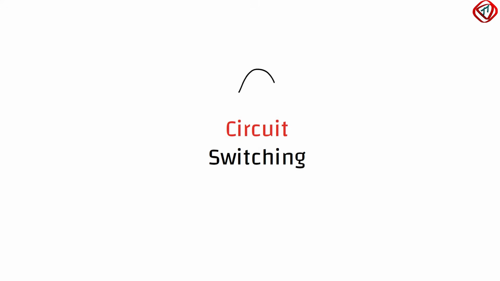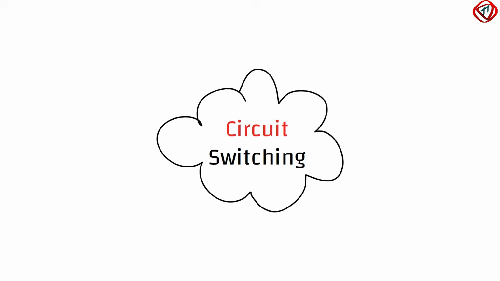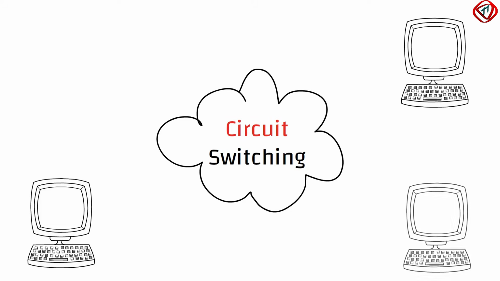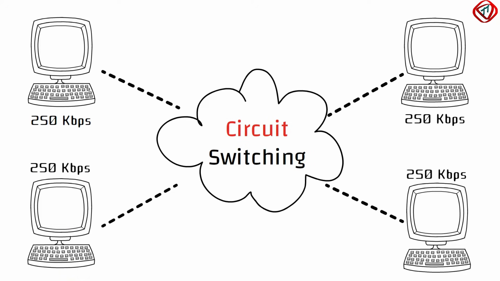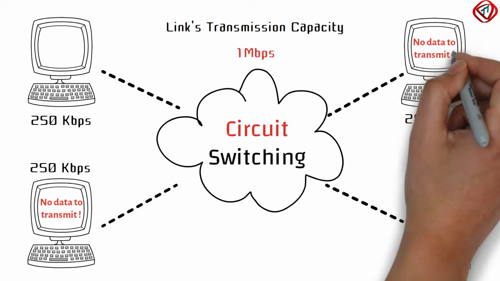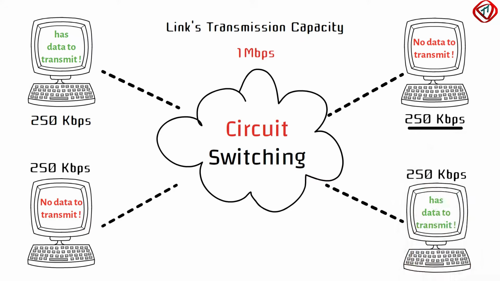With circuit switching, all connected devices get a constant transmission rate. For example, if there are 4 devices, every device gets a dedicated transmission rate of 250 kbps. That is, circuit switching pre-allocates the transmission capacity of the link regardless of the demand. Even if the device is not transmitting data, it has the dedicated transmission capacity reserved that cannot be used by